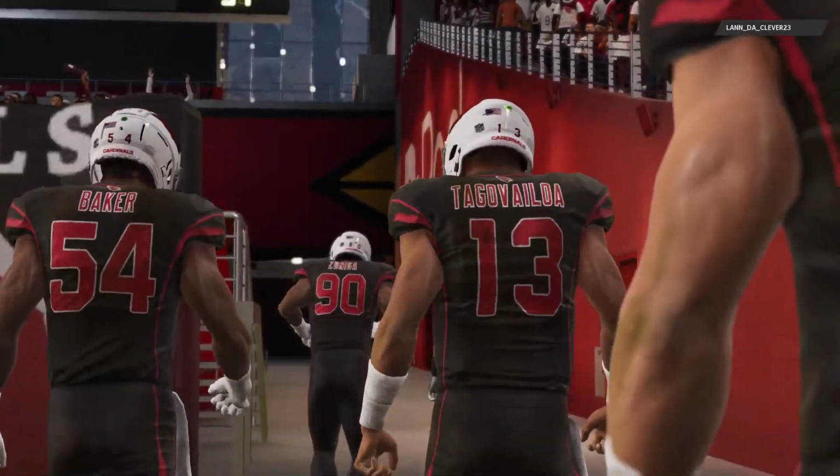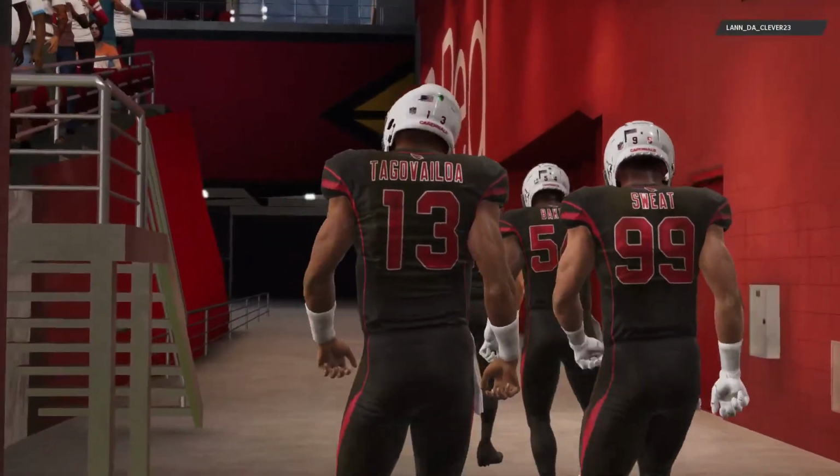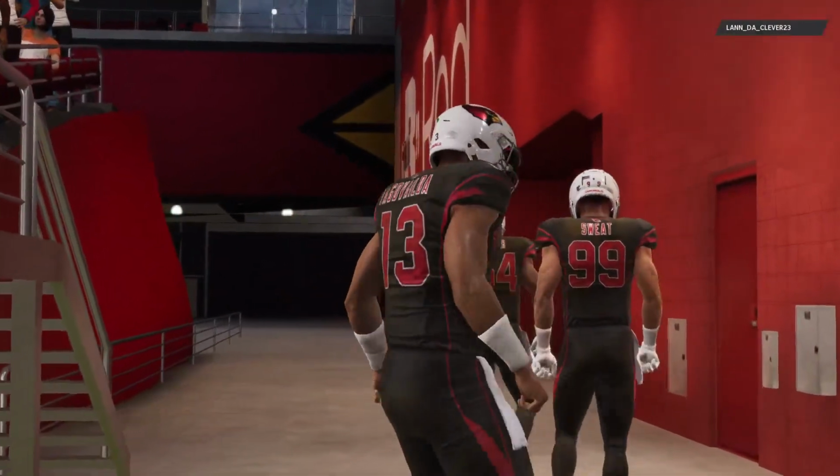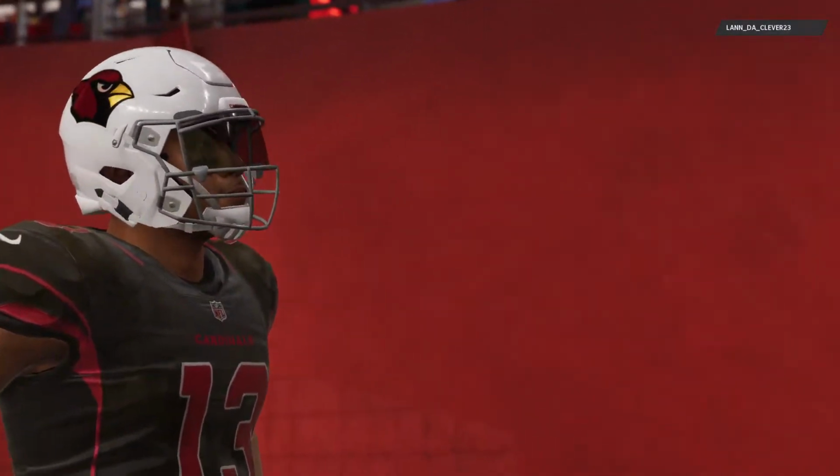So for Los Angeles, the win here means it'll be a 7-1 first half of the season. And they'll get another road date next week as their opponents will be the Tennessee Titans. Meanwhile, for the Cardinals, they'll fall